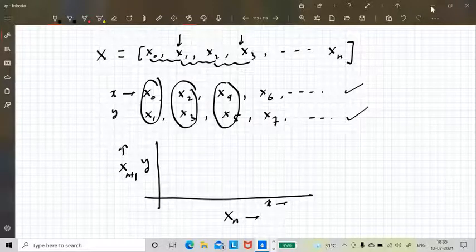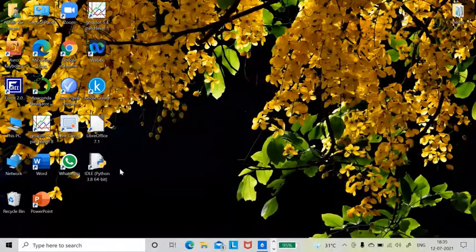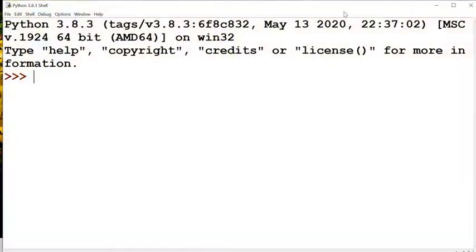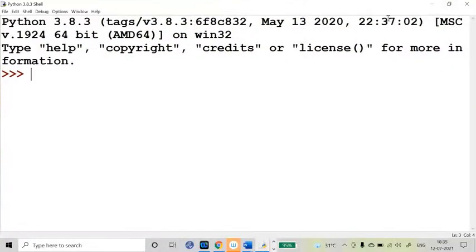How do you do that? Let me show you. Let me go to the interpreter. Let me import NumPy as np. NumPy is imported, and then to plot you need matplotlib.